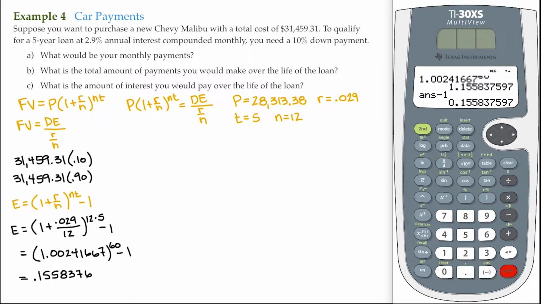So now we go up here for the installment loan to determine an installment loan. P, that's $28,313.38, times 1 plus R over N to the NT, this right here. Here it all is right here. See it? It eventually comes out to this, but we subtracted 1. So it's actually